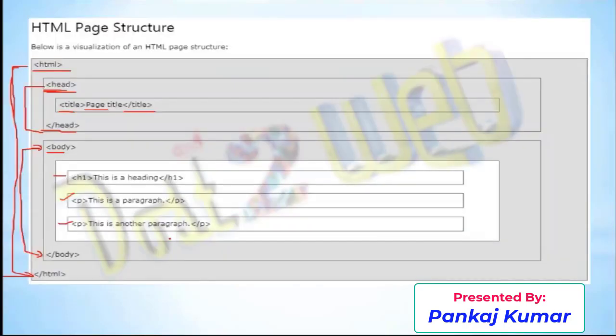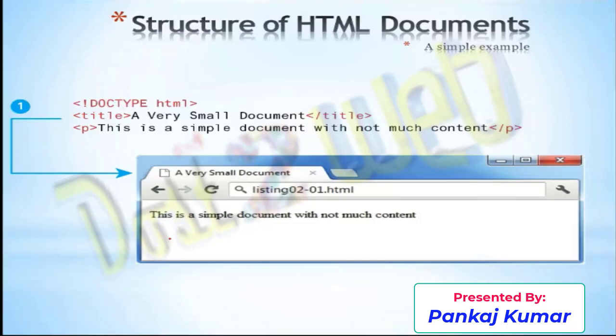And as we have discussed, this is the page structure. Let's see some basic code and I will explain. One more thing: earlier when we used to develop a website, we used to write the tag symbol and doctype, that is the document type. The document type is HTML, and then you start writing the remaining code. So it defines which document type you are going to use, that is HTML.